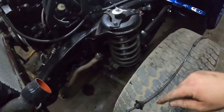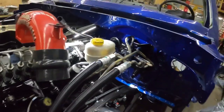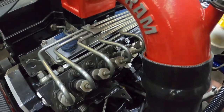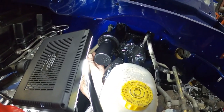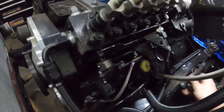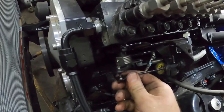So our next thing for tonight is going to be doing the throttle cable. Throttle cable on these things, super easy. If you see that square hole in the firewall right there, this end goes in that hole. I'm holding the camera here, so I'm just making sure I keep it in focus. Snap in, and then the throttle bracket. Snap in, hook up,